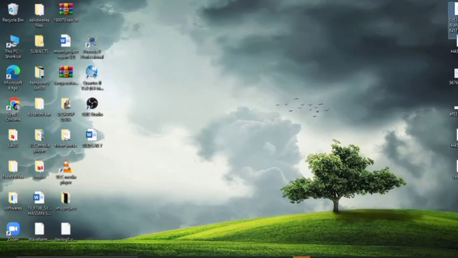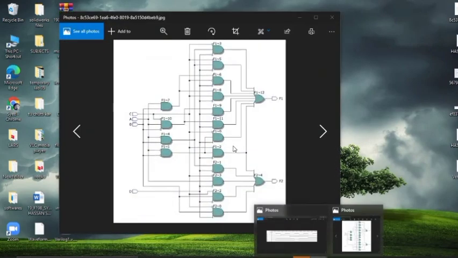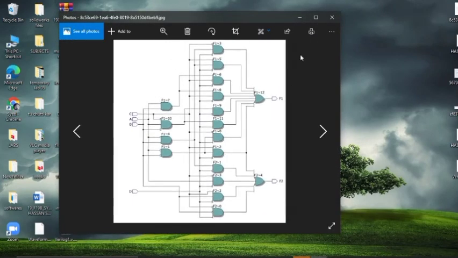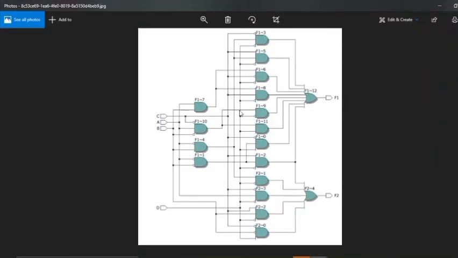And then I will show you the RTL view for this. This is the RTL view, and I have used the code for both of these functions. This code has made some common inputs like that. So this is the RTL view.